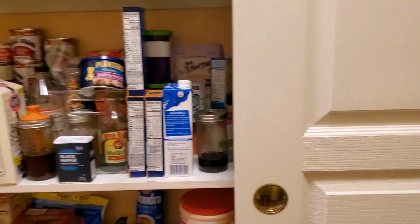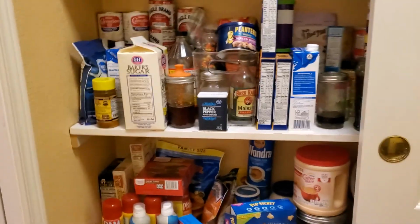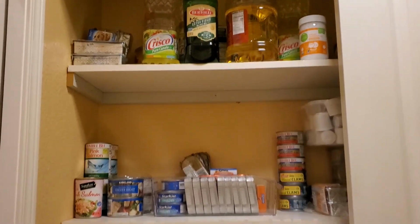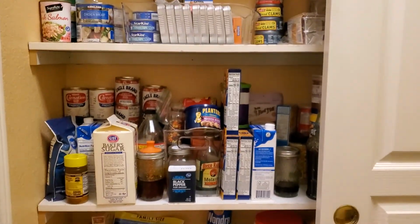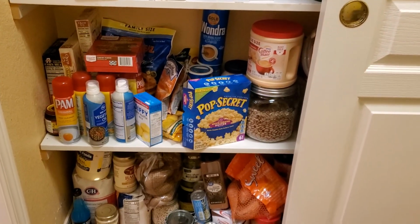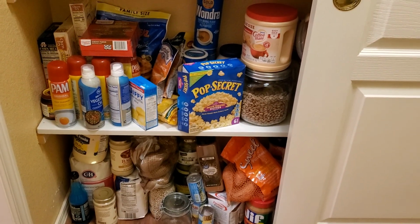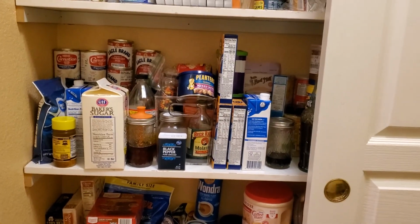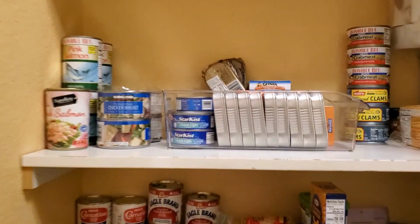This is one of the spaces that I use for a pantry. I've got one in the kitchen, and I've got several out the back door here in another space. But it's a mess, a real mess. I don't know about you, but I clean up my pantry, and a month later, I have to organize and clean it up again. Try to keep most of the baking stuff in here, but then also some of the